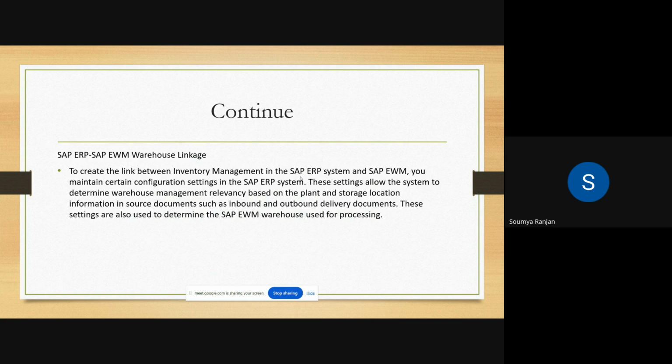Okay. So basically this RFC connection part will be completed by the basis people. If you are not aware of basis people, this is a step the EWM functional consultant will perform. So what is this activity? The activity is